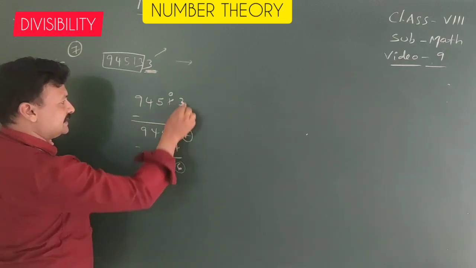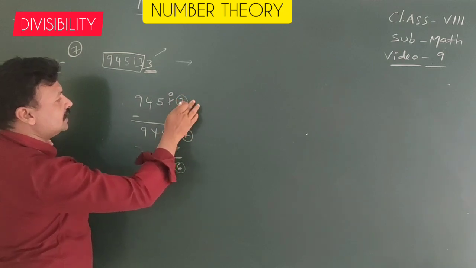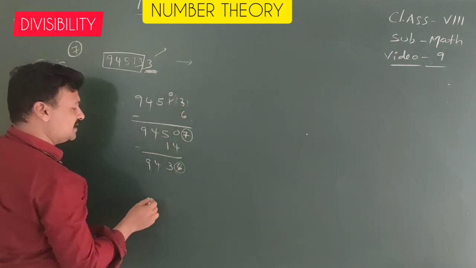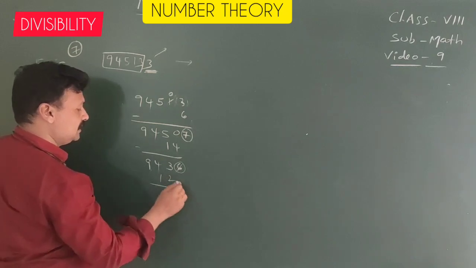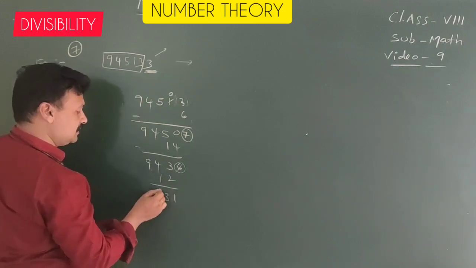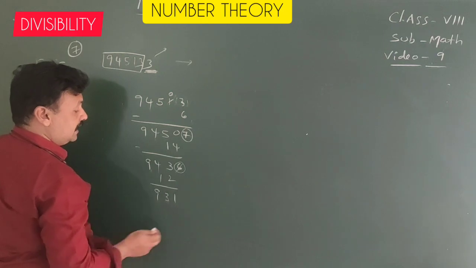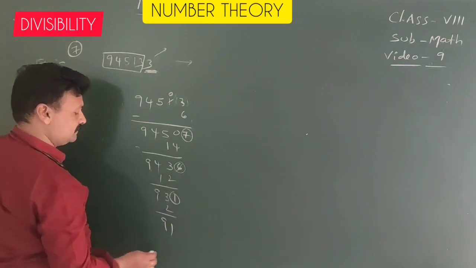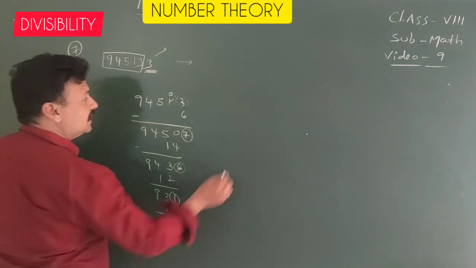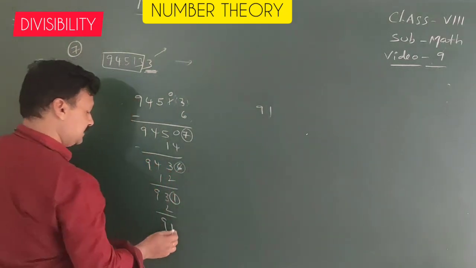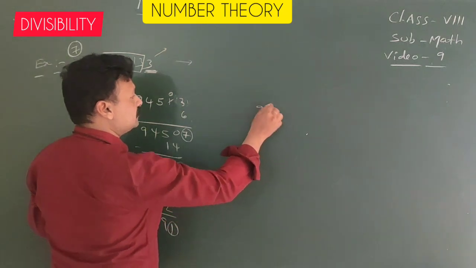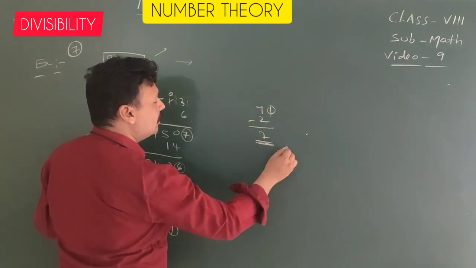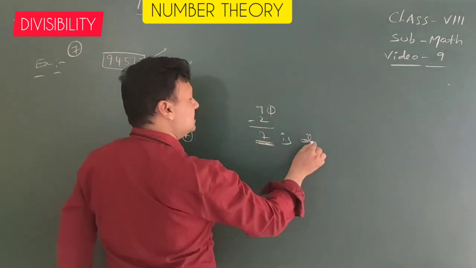Again, last digit 6. Now we need to subtract twice of 6, that is 12, from 943. Here we get 931. Again, subtract twice the last digit, twice of 1, that is 2. We get 7. We know 7 is divisible by